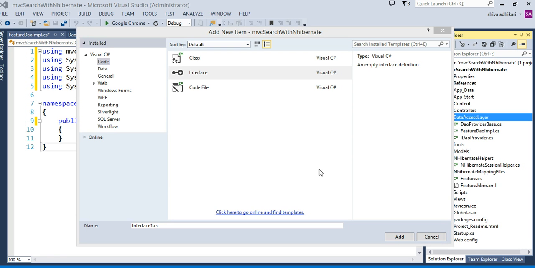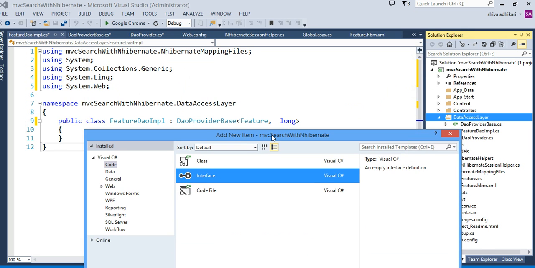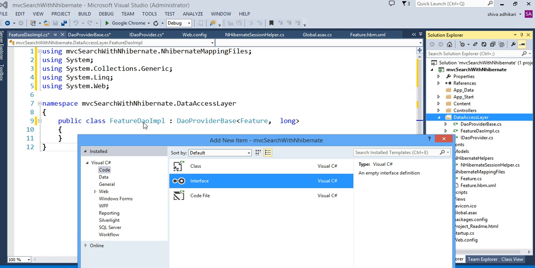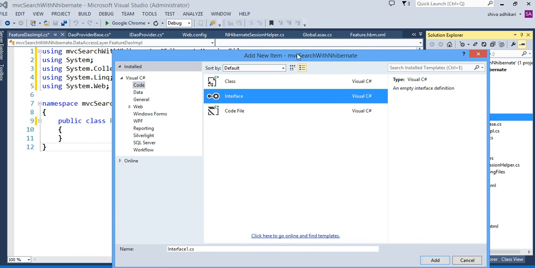Okay guys, this is the sixth part of my video tutorial. It's basically a continuation from part 5. In part 5, I was explaining that I have this feature DAO IMPL. Sometimes I need to get a specific query based only on the feature DAO table. In this case, the basic DAO provider base might not be able to handle it. So if it's very specific to these tables, to handle that situation,